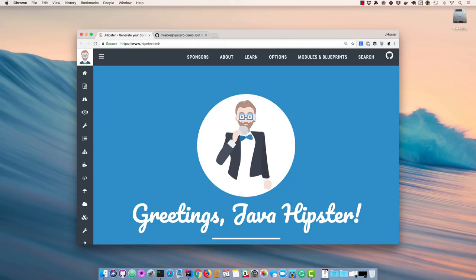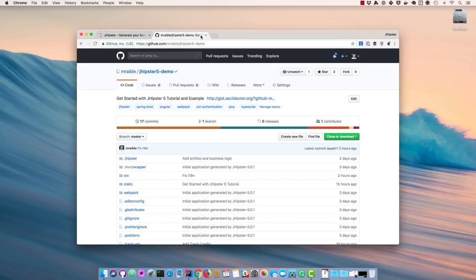JHipster is an application that generates an application, so it's more like a generator than an application. Some call it even a platform, but it generates a Spring Boot backend and an Angular or a React front end. The tutorial I'm going to be showing you today is on GitHub at